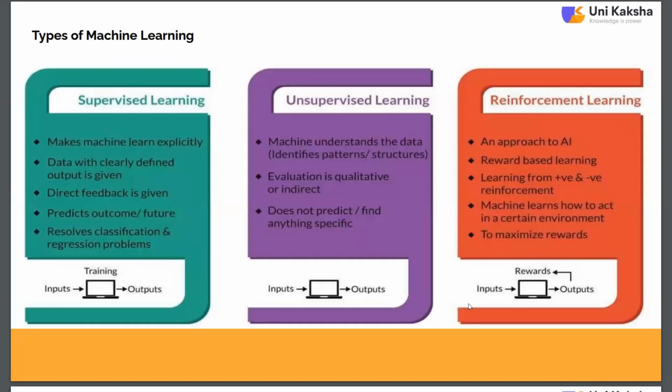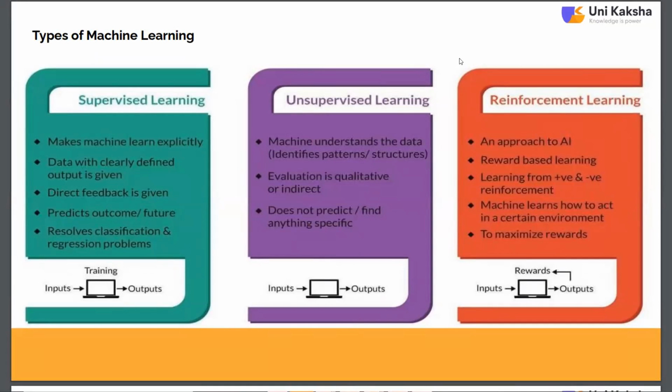As I said, there are 3 types of machine learning algorithms, and the same COVID-19 analysis and prediction model we are going to build is based on these 3 types: supervised machine learning, unsupervised machine learning, and reinforcement machine learning.